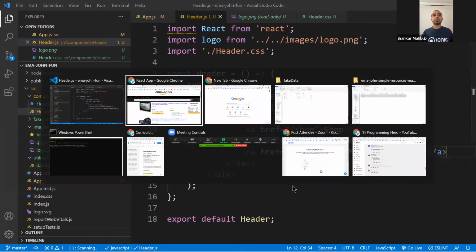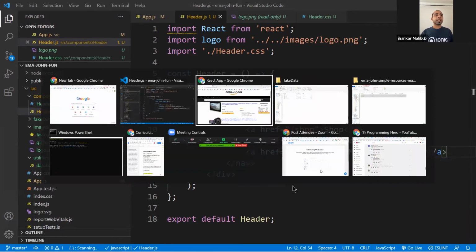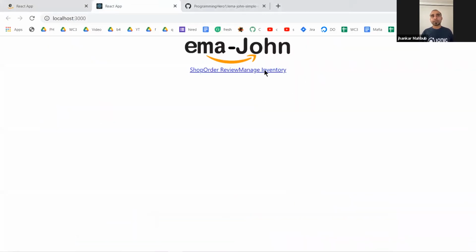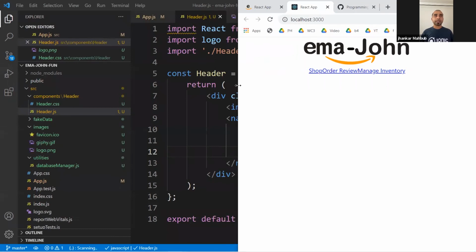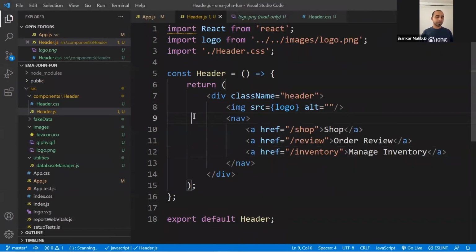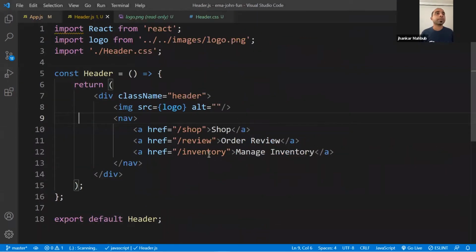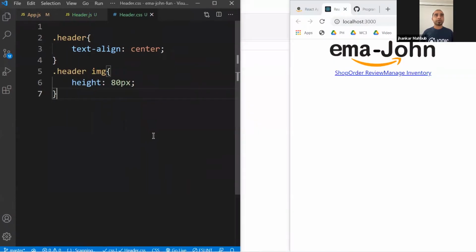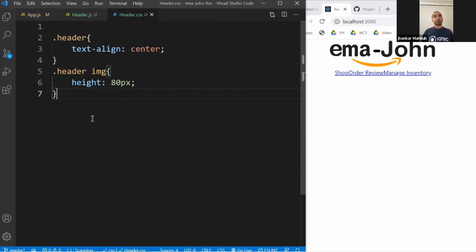And if you do this, it will not look as fancy as you will expect. It will look something like this, but don't worry, with some style and CSS, we can make it a little better. So for now, I will put it on this side. So make sure that this is looking nice for me. And here in the header.css, we will do some work. So I will put it this way here, and then see whether this works nicely for us.